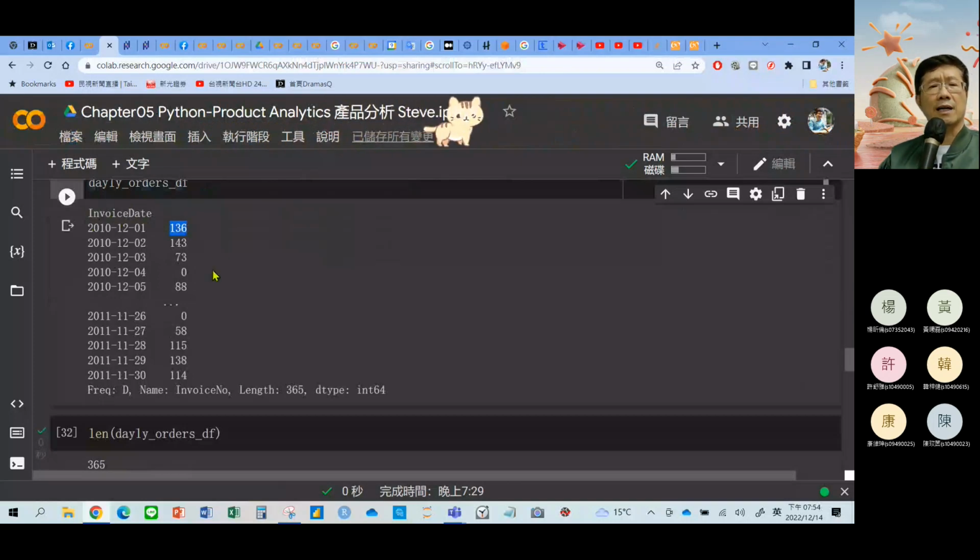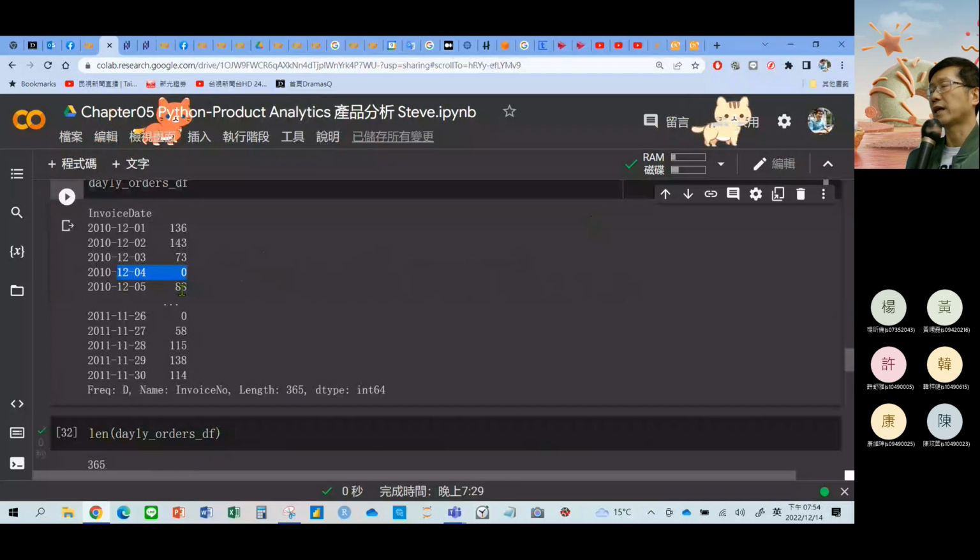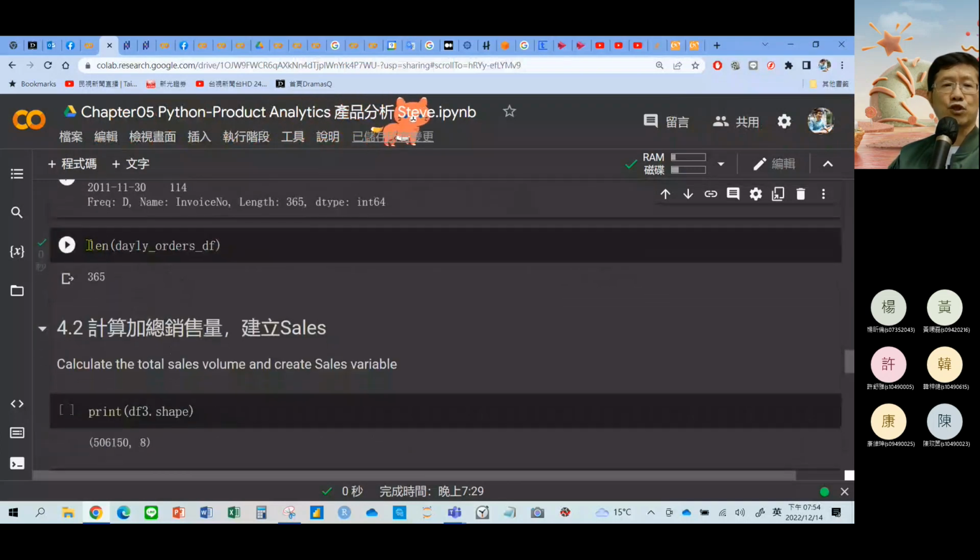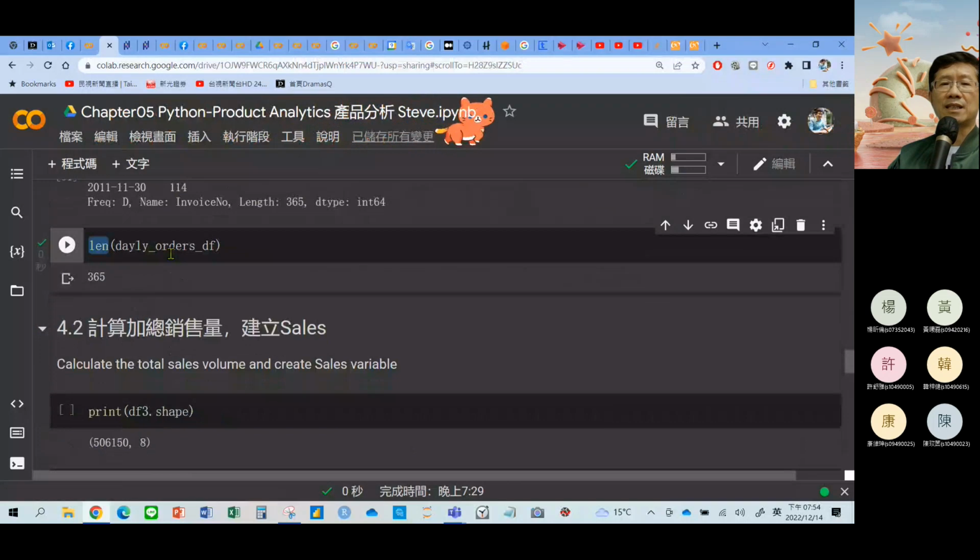Okay, there are no orders for December 4th. 12月4号是怎么样？没有任何的订单。